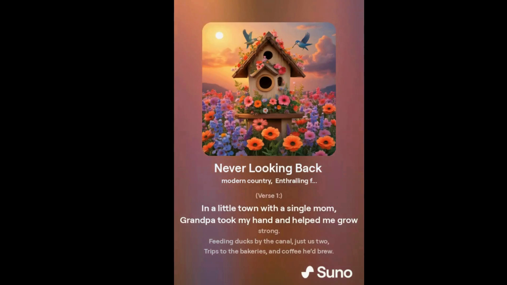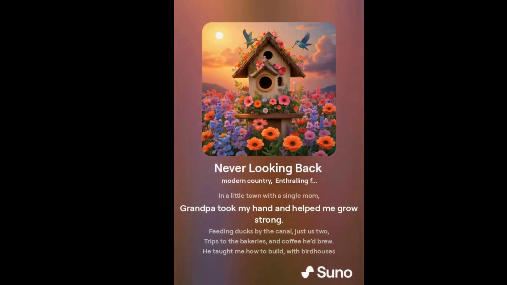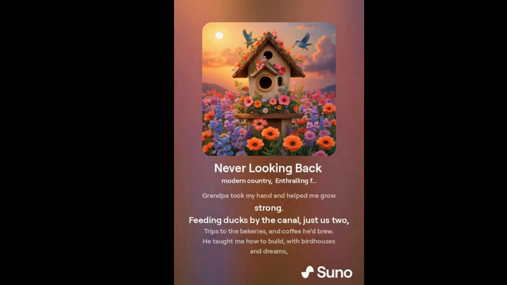In a little town with a single mom, Grandpa took my hand and helped me grow strong, feeding ducks by